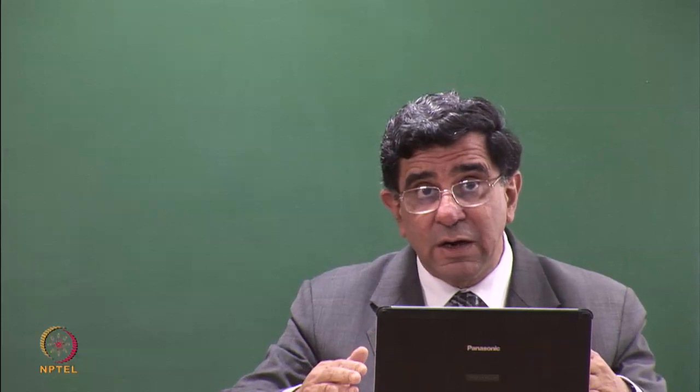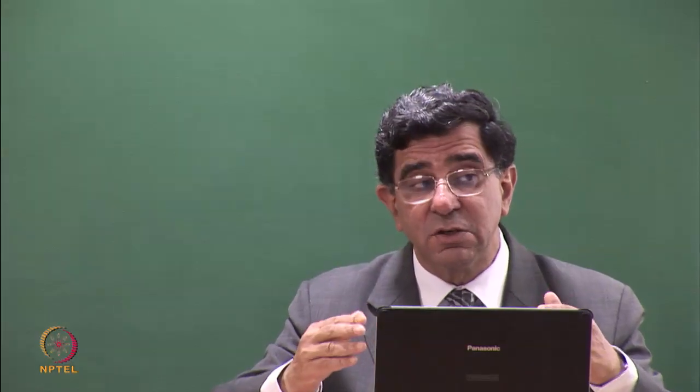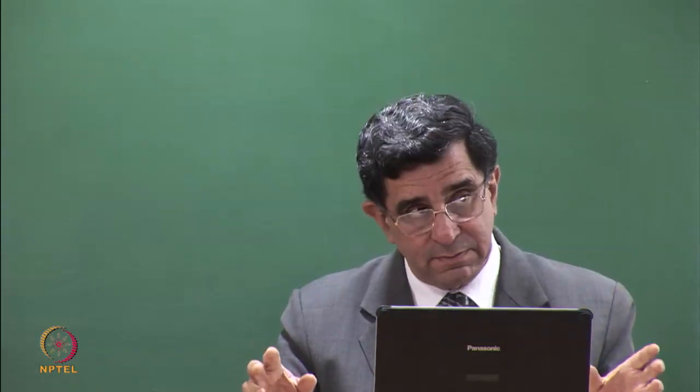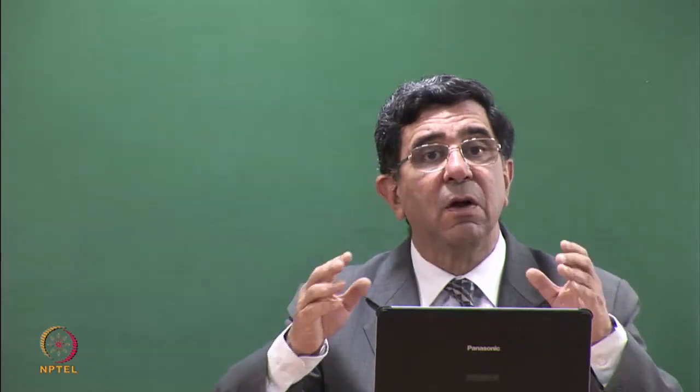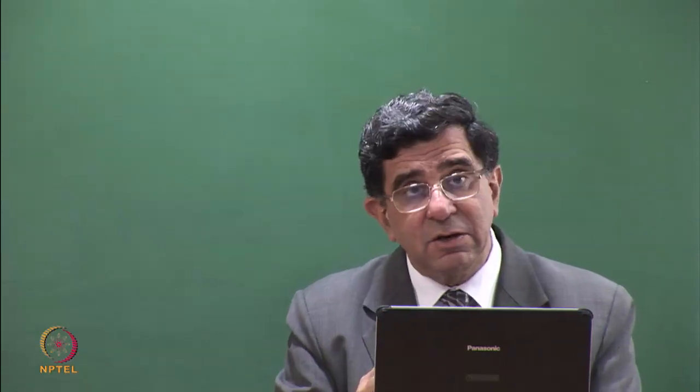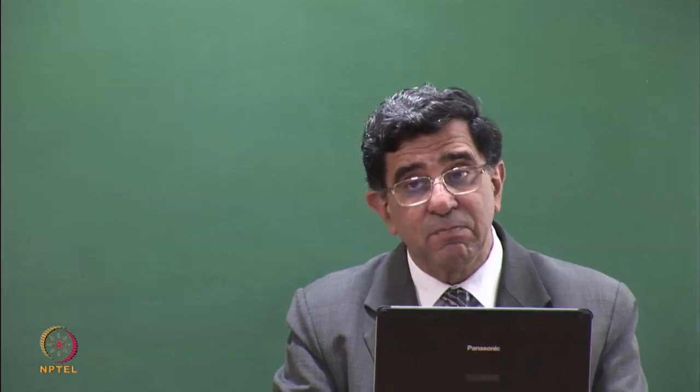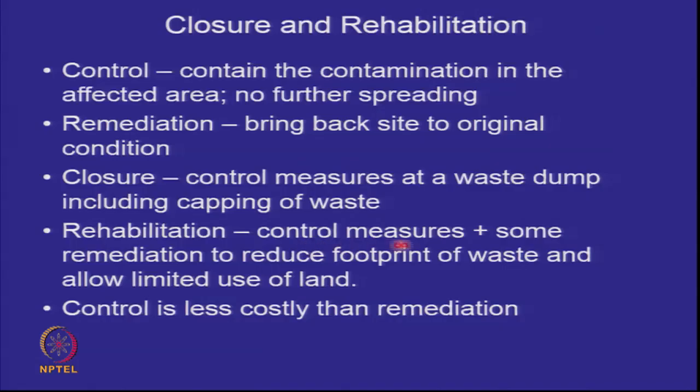But can you also do additional measures of remediation such that half that land becomes available to you? So that is rehabilitation. Closure means you cap it or put the vertical cutoff walls or whatever measures for containment that you want to take. Rehabilitation means not complete remediation, but your first set of steps trying to release the land which is buried under the waste. So rehabilitation means control measures plus some remediation to reduce the footprint of the waste and allow limited use of the